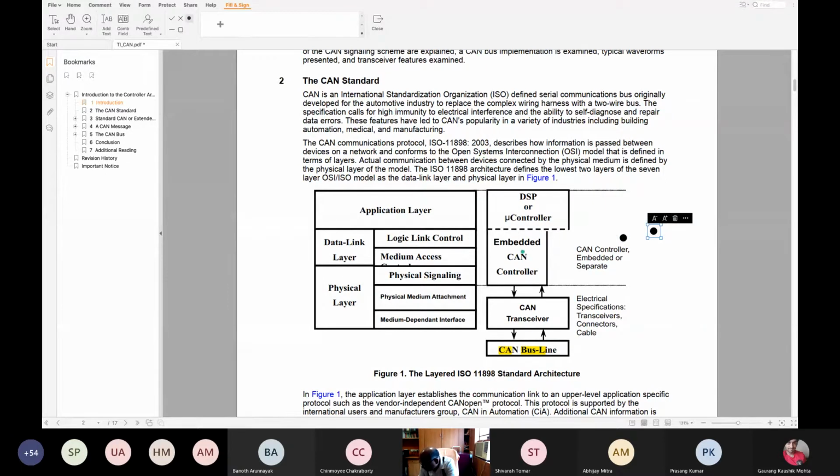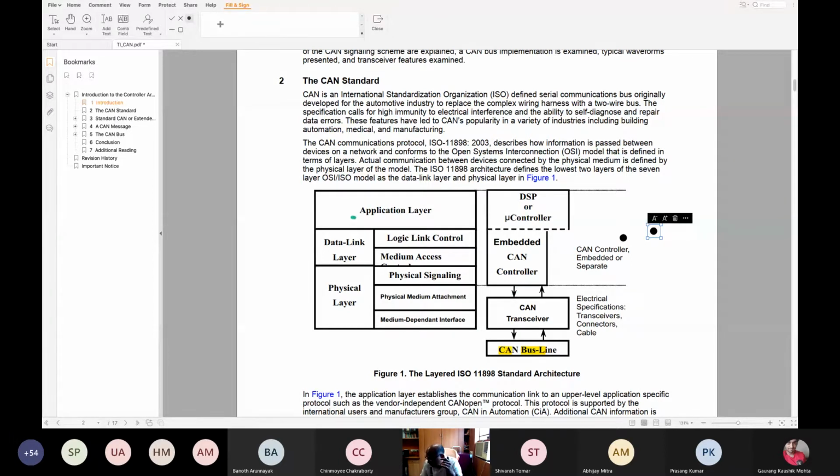So then you have a data link layer where there is a controller which is a logic control. That means you are going to access the CAN bus and there will be addressing, there will be framing. In a serial communication, remember, since you are sending serial data bit by bit, there are certain controls: an address has to be there, then there will be error correction codes, then the data. Different kinds of data will be there, and there may be commands also. This is done by the logic link control and medium access. Then comes the physical signaling. Physical signaling has certain modes, like plus minus 5 volt, etc. Then there is the medium dependent interface. So this is the whole CAN protocol.